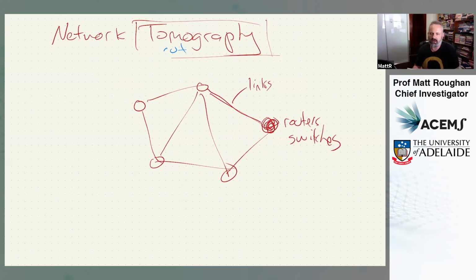We care about managing a network like this. We care about what's happening in that network. And one of the common problems that you have in a network like this is a link can become congested. So you can imagine lots of people want to use this, and there's too much traffic to fit in the capacity, so you just get packets dropped.